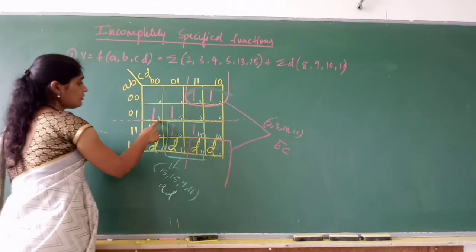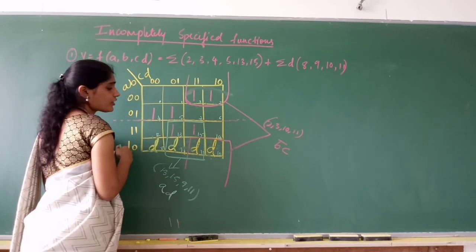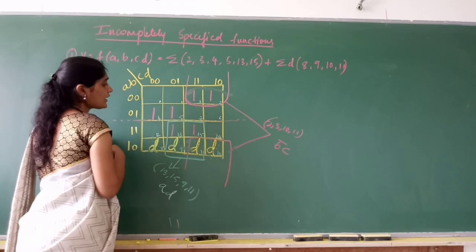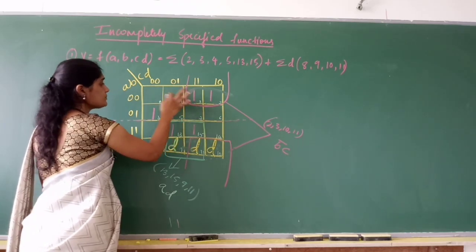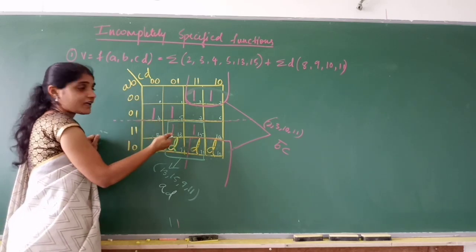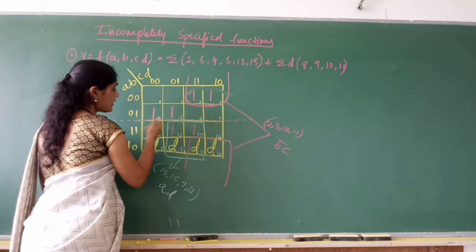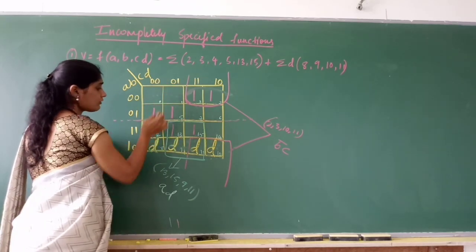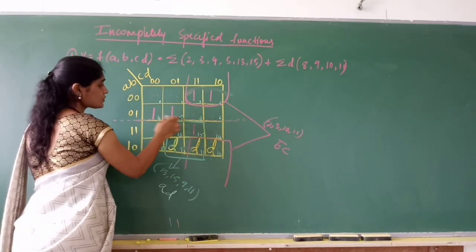Okay. Then 4 and 5 I have. 4 and 5 are not still grouped. So how do I group 4 and 5? Any other mean terms? No. Any other don't care terms that I can make use of? 4 and 5, even if I fold here, no. These two will overlap on 0 and 1, but we don't have any cells adjacent to 4 and 5.